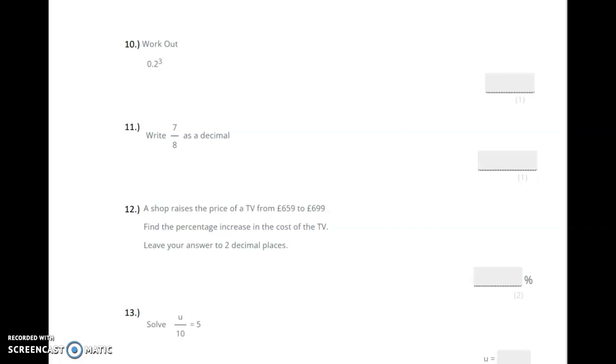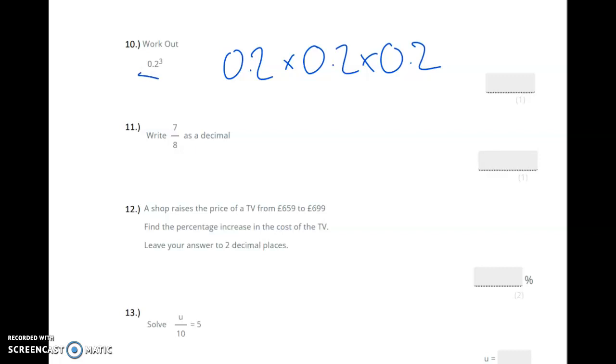Right, so work out 0.2 to the power of 3. So that would be 0.2 times 0.2 times 0.2. What you can do, because it's a calculator exam, is just type it into the calculator exactly like that. So 0.2, then you've got a button that looks like X with a box above it. Press that, followed by 3, then equals. It'll initially say 1 over 125, which is your right answer, or you can press S to D, and that changes it eventually to